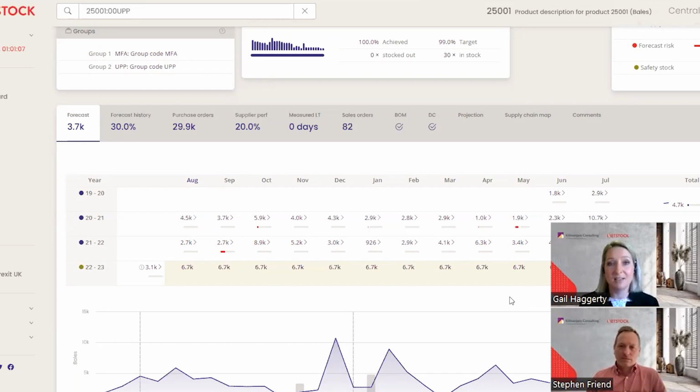So you can have it reactive where you're using like the last 3 months. You can have it a medium reactivity where it will look more at the last 12 months. But we do use all of the history that we have available imported. And that's normally capped at 5 years. On an initial data import, we bring in 3 years worth of history if it's available, because that helps us to detect good seasonal trends and profiles.